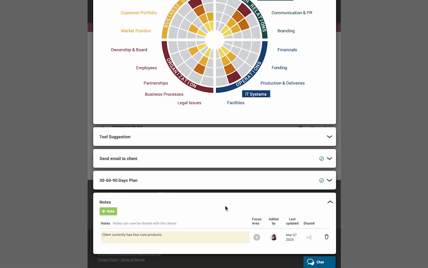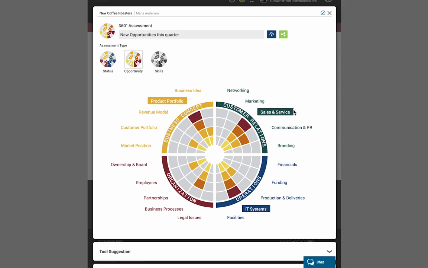There is an option for you to share the notes with the client, or you can keep them private for you and other business advisors working with the client to see. You can also assign the notes to a focus area, or choose to delete them by clicking on the garbage can icon. Scroll to the top of the assessment and click the green box with 3 white dots next to